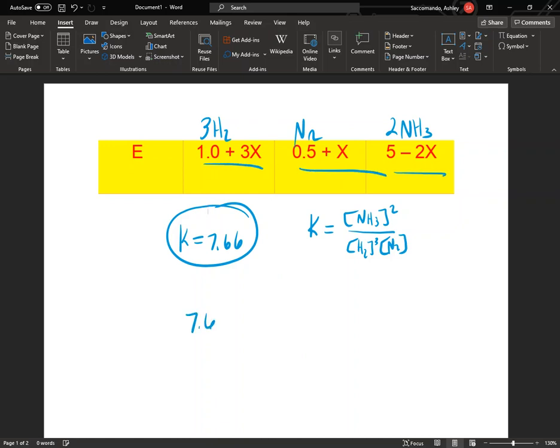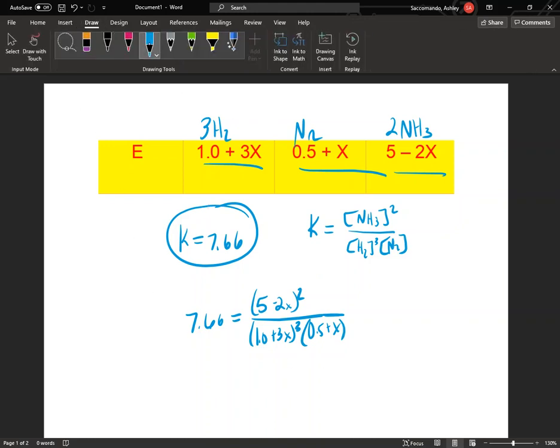So we do 7.66 equals the (5 minus 2x) squared on the top over 1.0 plus 3x, cubed, and 0.5 plus x on the bottom, like so. So what you do is, in your calculator, you put this in for y1. You know, there's that y equals button at the top. You put this in for y2, and then if you do